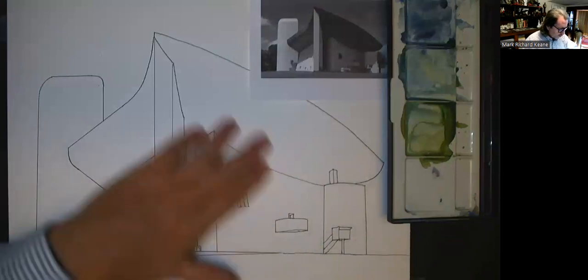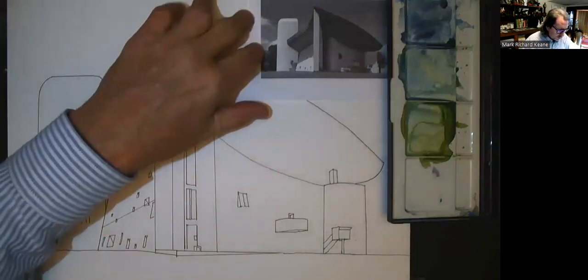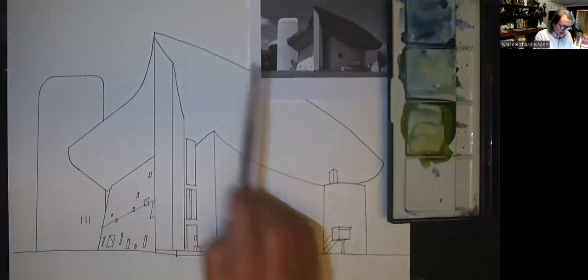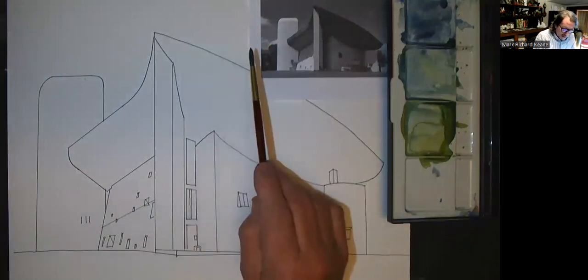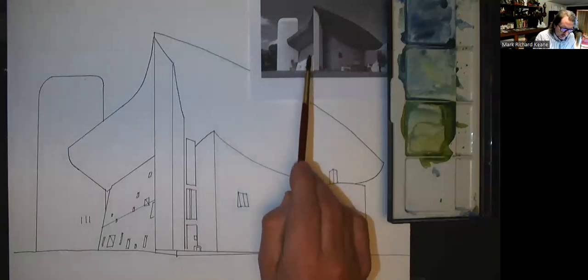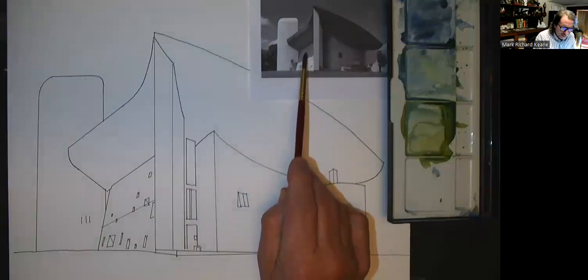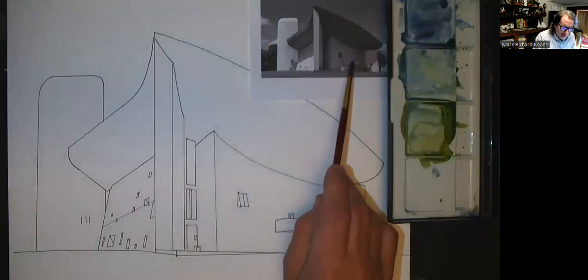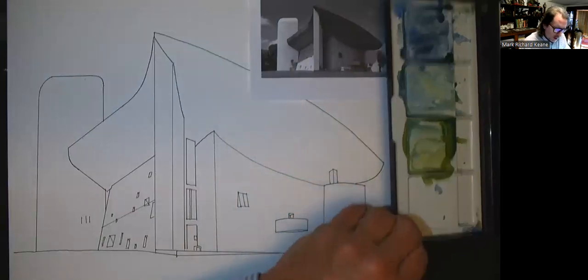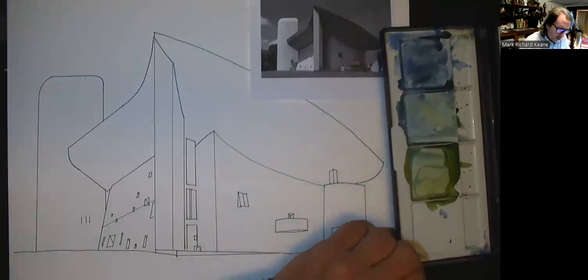So the first thing we'll do, since we've got this pre-lined out, is establish how we're going to work with light, shade, and shadow. We're going to recognize that the sun is strongest on the left edge here. It gets caught by the roof line and casts a nice significant shadow for us here, keeping the whole right side in shade. So the first thing we're going to do is make a nice splashy pool of a darker tone